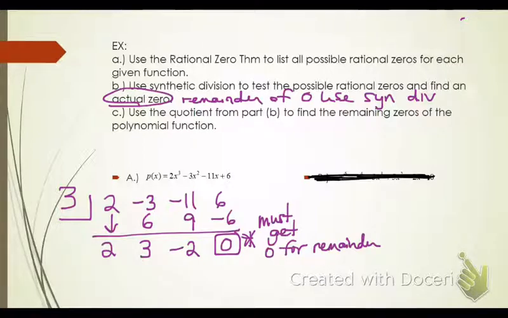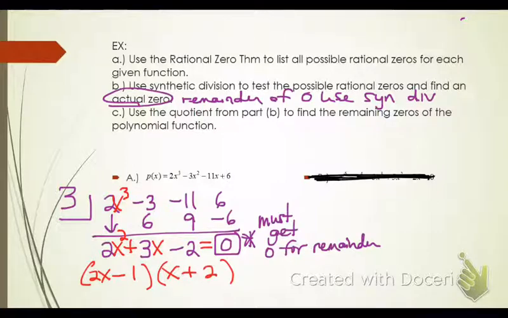So now you take what's left. This started out as an x cubed function, and now it's an x squared function, and you set it equal to 0, and you factor it. So 2x squared splits up into 2x and 1x, and then this is going to be a -1 and a +2, and that gives you 2 more solutions, which would be 1/2 and -2,